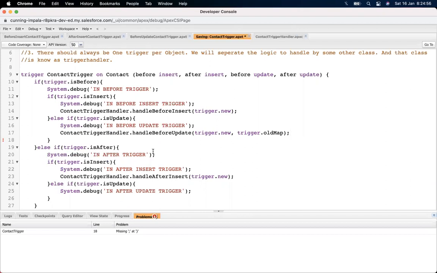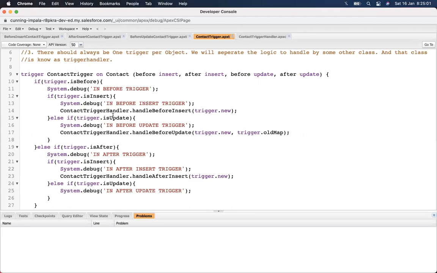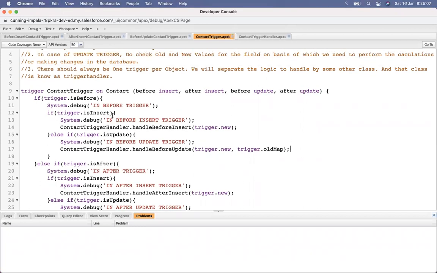And that's it. So this approach first helps us follow the best practice that whenever we write a trigger, there should be only a single trigger per object.